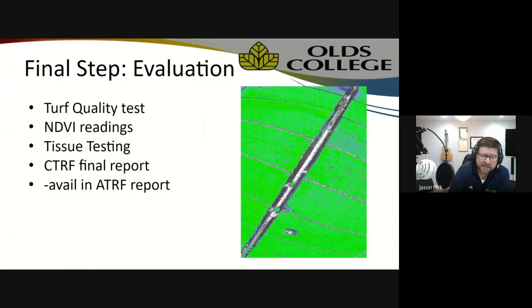When you say, well, how green is that, it's obviously very subjective. NDVI takes a little bit of the subjectivity out of it by assigning a number or a figure associated with the density and the darkness of the color. So that's what we get. That's what we use to help determine turf quality. It measures density and it measures color. And then we also send those away for tissue testing